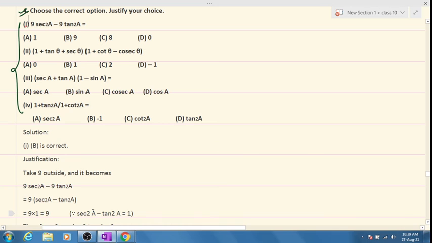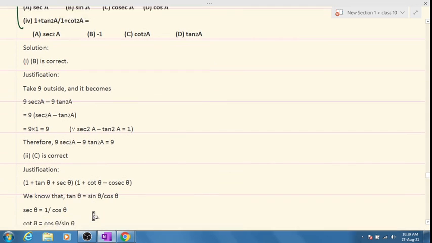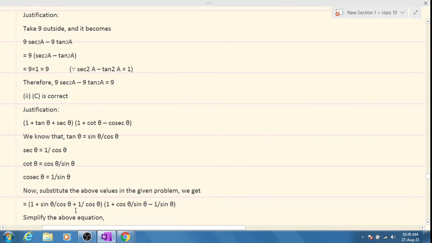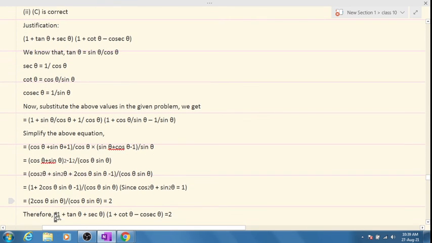Sir, first we do the LCM of 1 minus sin theta by cos theta plus 1 by cos theta. Then we'll do the LCM of 1 plus cos theta by sin theta. Basically, you have to convert everything into sine and cos and then take the LCM and then multiply. Clear? Convert everything into sine and cos, you'll be getting this. Now start taking the LCMs, you'll be getting this. Everybody, please copy down this properly, and at the end of the day, everything will get cancelled off, you'll be getting only 2. Option C is the correct answer.